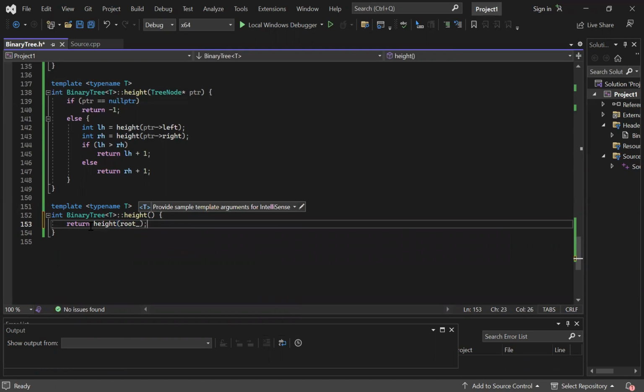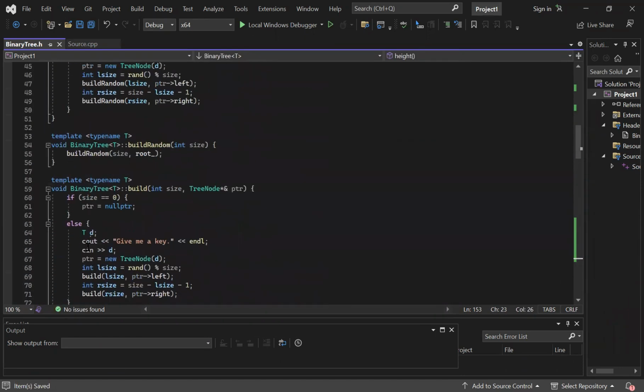So start from the root, do your recursions, return the integer at the end, and that's what I'm going to return as well. So this is just the interface. Okay, now pre-order,